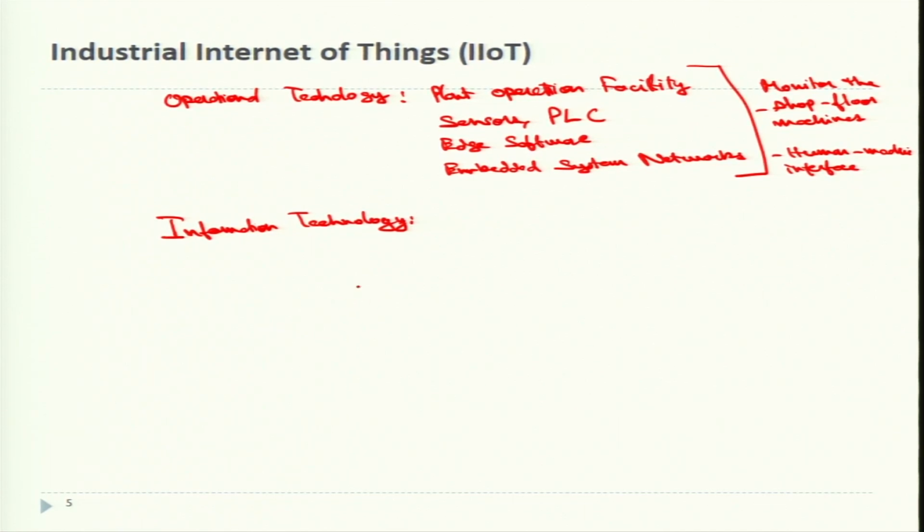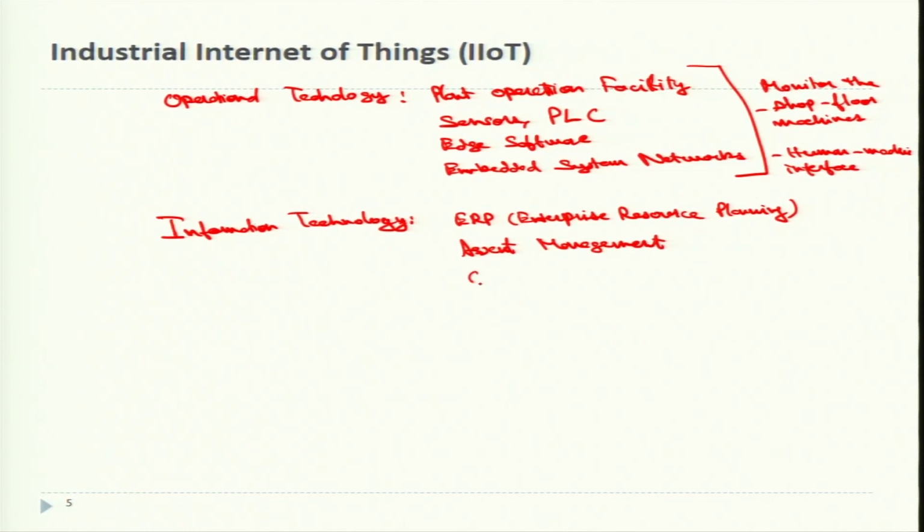We have on this side monitoring. On the operational technology, we have monitoring the shop floor machines with human machine interface as well, which is the plant operation facility, sensors, PLCs, software, embedded system and networks. And in information technology, we have the ERP systems or so, which are enterprise resource planning systems, then asset management, then communication technologies,